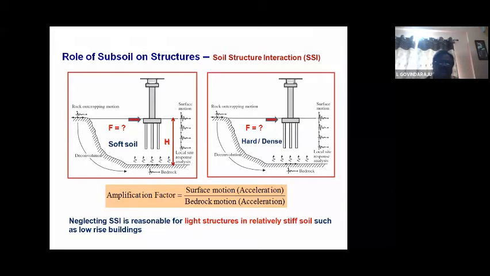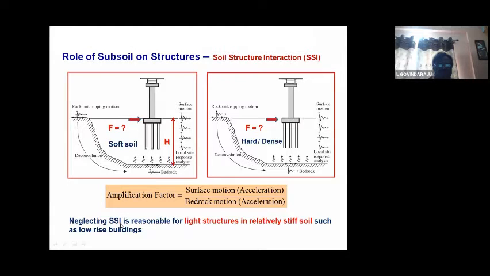But still, in spite of knowing this reality, any structure resting on the soil must be viewed as one integrated structure, and detailed analysis and design is required. Still, we are neglecting that process. And it is always right to neglect the soil structure interaction